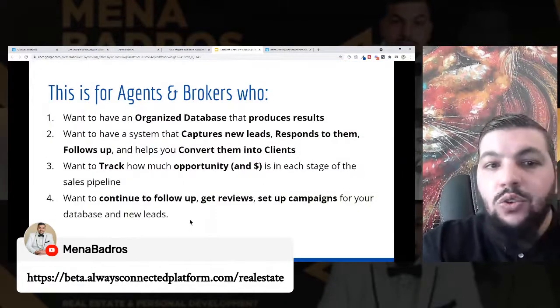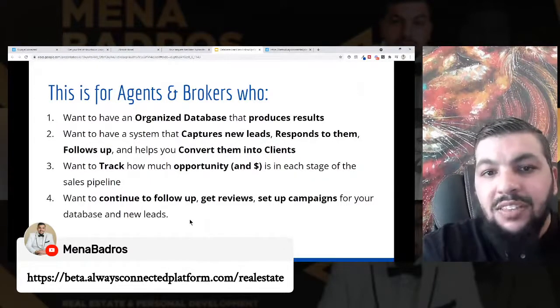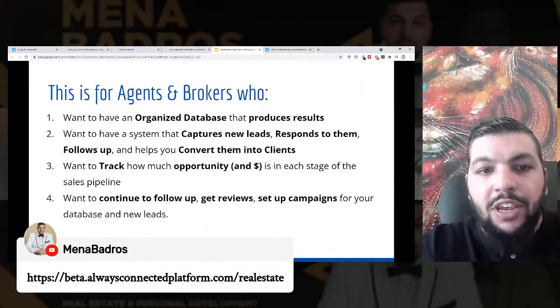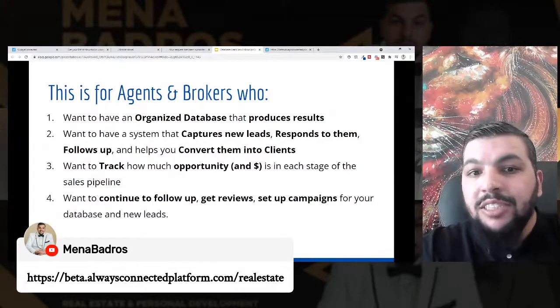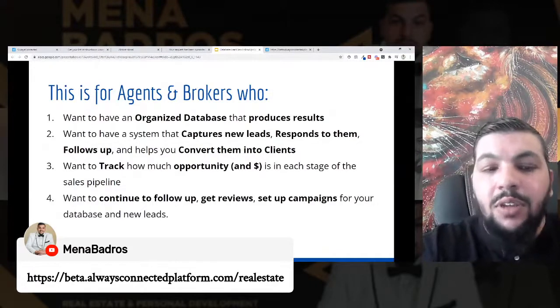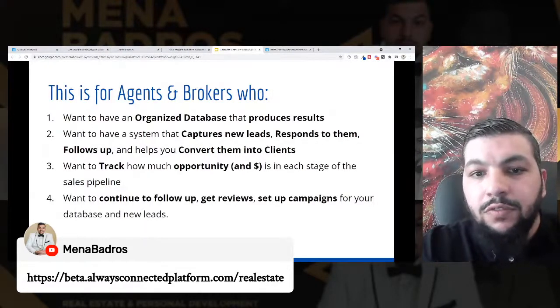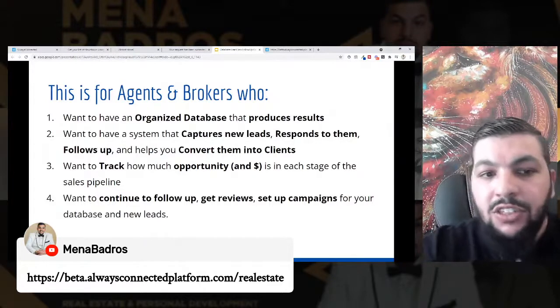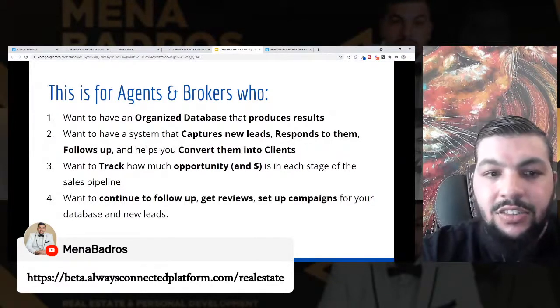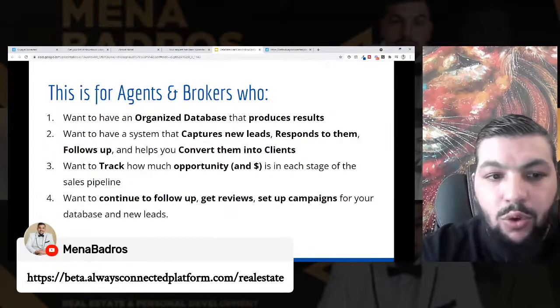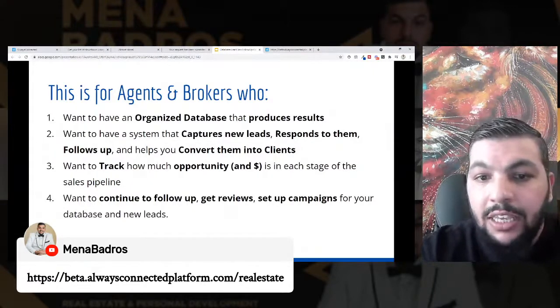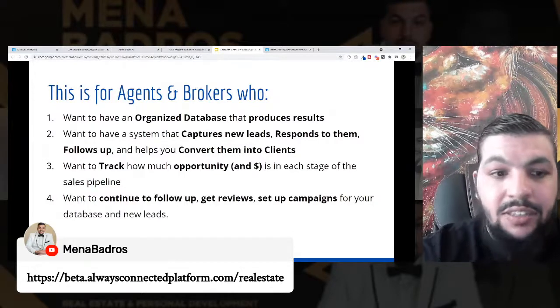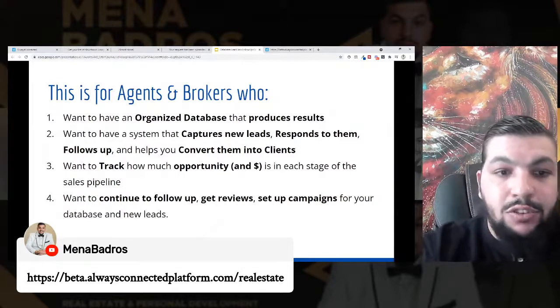This is for agents who want an organized database that produces results, for agents and brokers who want to capture new leads, respond to them, follow up with them, and convert them into clients, for those who want to track how much opportunity is sitting in each stage of the pipeline, and for those who want to continue to follow up, get reviews, and set up campaigns for their database and their new leads.